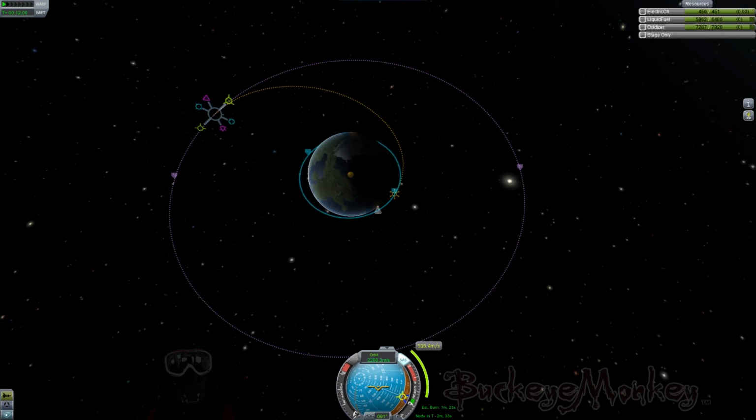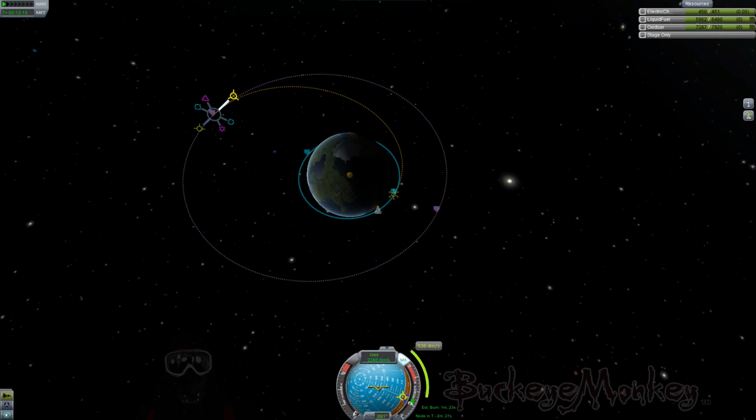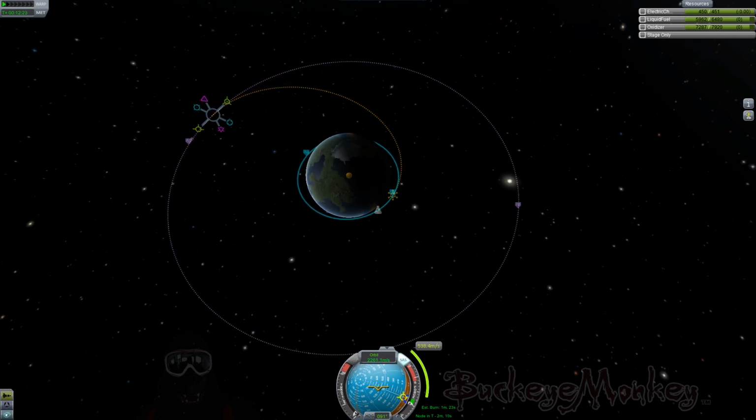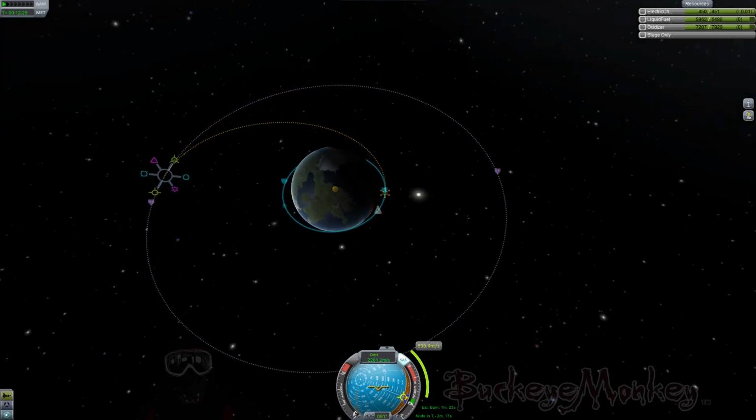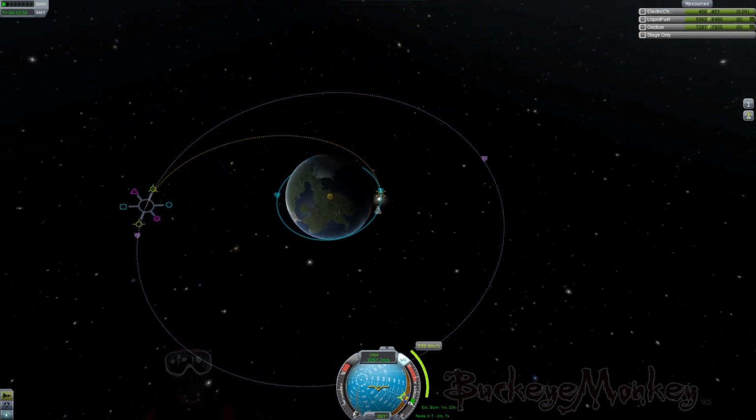And if we pull on the retrograde handle, once again, that represents burning in the direction of a retrograde marker on our Navball, and that slows us down, which has the effect of pulling in the opposite side of the orbit. Let's get that back out to about a circle there. The prograde and retrograde handles represent the most fuel-efficient way to change your orbit, because all you're really doing is stretching it around. The other handles will kind of move your orbit in its entirety, and that can be expensive